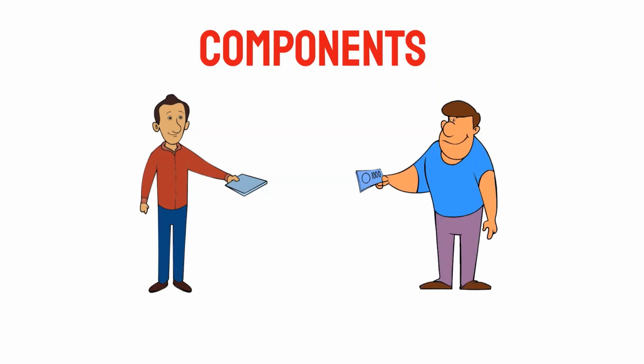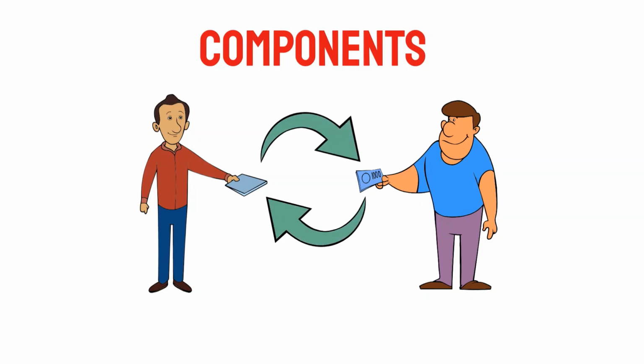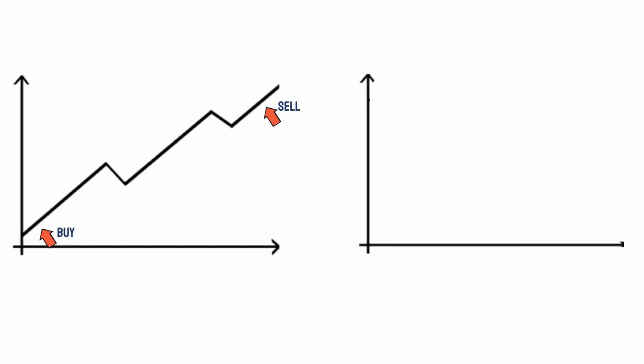A seller has a product or service which he wants to sell to a buyer at a price. This complete process of exchange is called a transaction. In the stock market, this product is replaced with a stock. A person makes profit by buying at a low price and selling at a higher price. Along with this, stock market participants can sell a stock first, even though they don't have one. This is called short selling. In short selling, a person makes profit by selling at a higher price and buying at a lower price.